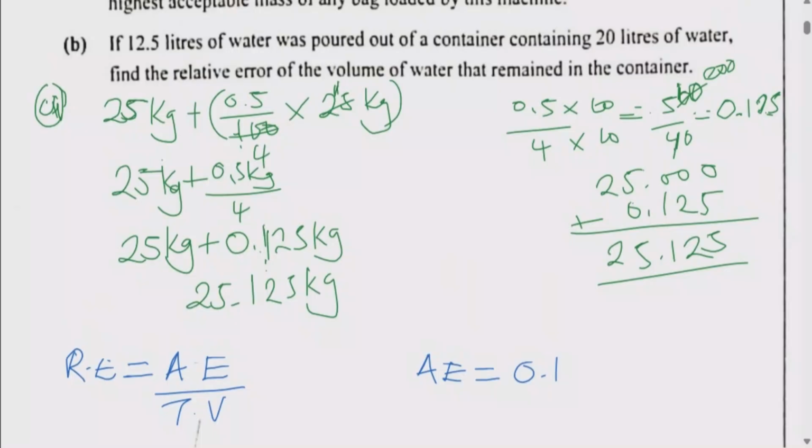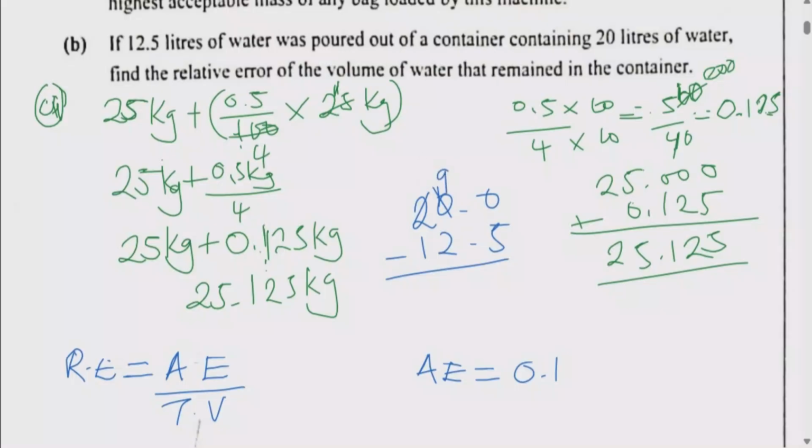So we are told we find the relative area of the remaining water. So if 12.5 was removed from the container, so I've got 20 minus 12.5. Okay, so here it will be 0.0. So what we do is we subtract what is the amount of water remaining in the container. So we say 0 minus 5, it can't, so we borrow 1 from 2, it comes here, it becomes